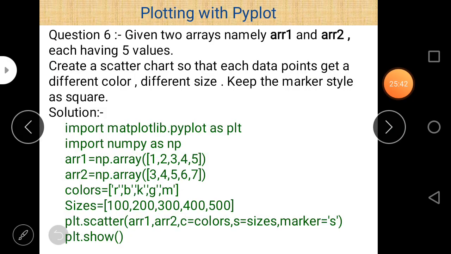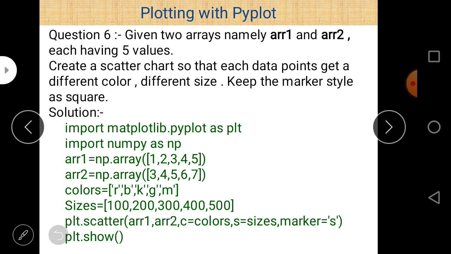Given two arrays, namely array 1 and array 2, each having 5 values, create a scatter chart so that each data point gets a different color, different size, and keep the marker style as square. So here we know that a scatter chart can be drawn using two different functions.